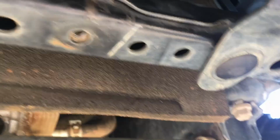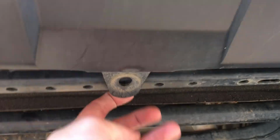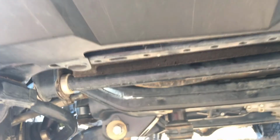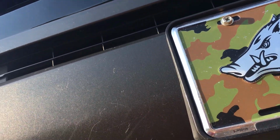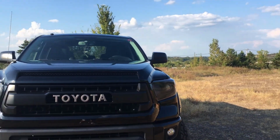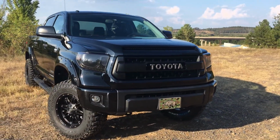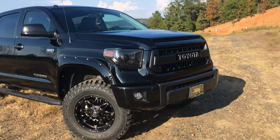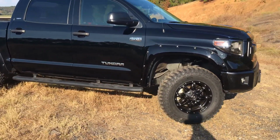But the others have tabs on it, and this one in the middle doesn't, so it's kind of flopping down. But if any of y'all have any kind of good skid plate, I mean, the stock one for me was fine, but honestly, if there was a thicker one out there that would work with this lift, that would be fantastic. Just a little extra protection, a little bit more